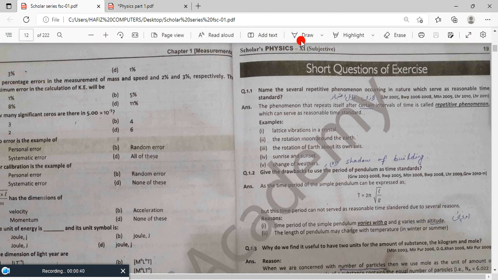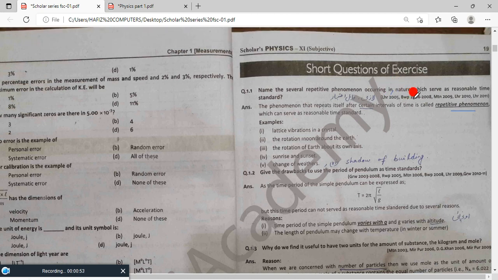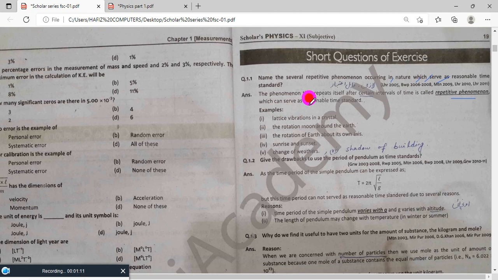The phenomena that repeat after certain intervals of time are called repetitive phenomena. This short question is important as it has appeared many times in examinations. Phenomena that repeat themselves after certain intervals of time, which could serve as a reasonable time standard, are called repetitive phenomena. Examples of repetitive phenomena are lattice vibrations in a crystal,